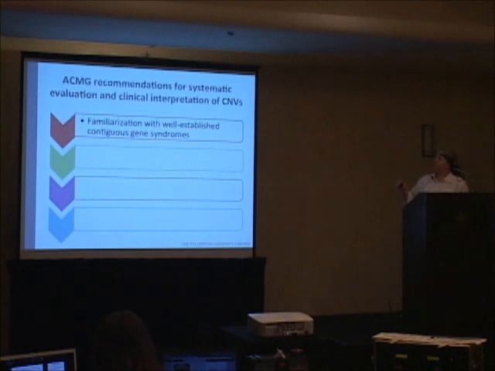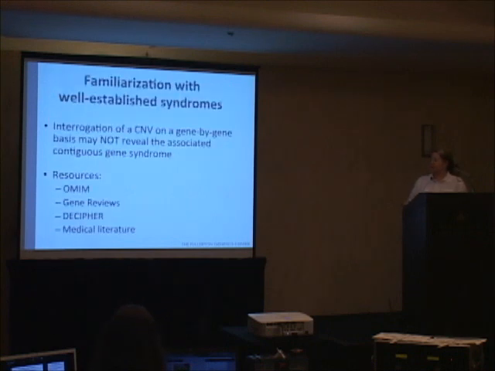So I'm going to go through our process for a systematic evaluation and clinical interpretation and just show you some things. I certainly can't cover all of it, but the first step we recommend is a familiarization with the well-established contiguous gene syndromes, the known microdeletions and duplications. And this is important because if you find a CNV in the genome and you go to OMIM or PubMed and you look at every gene, many times you're not going to identify the fact that this is part of a contiguous gene syndrome, especially if the critical gene has not been elucidated yet. So it's very important that you have some understanding that this is the TAR syndrome region, this is the DiGeorge syndrome region, so that you can cite the appropriate literature.